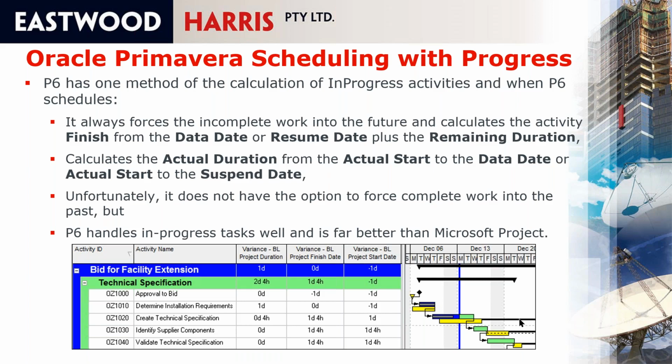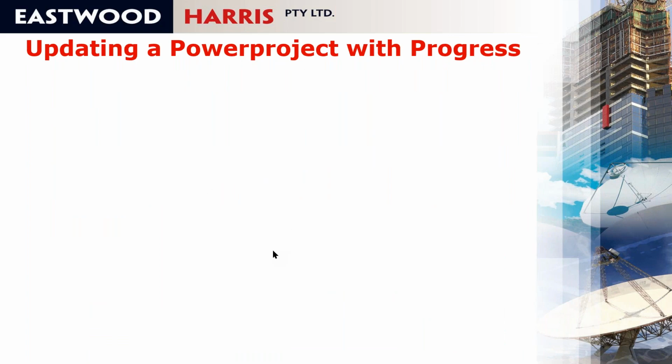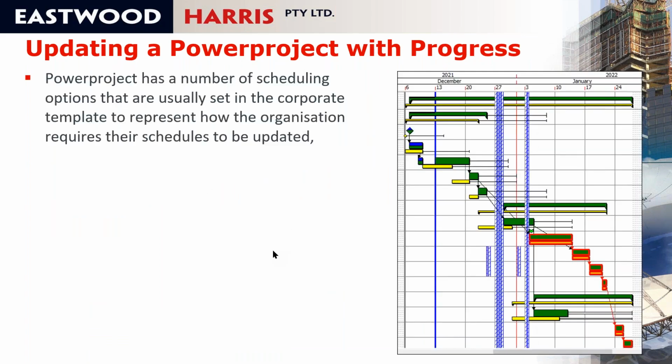Really, the only thing you have to do when you update a schedule in P6 is make sure the actuals are in the past in relationship to the data date. It is a simple product to use when you're updating progress, but it only allows the one method of updating. Powerproject has a number of scheduling options that are set up in the corporate template,